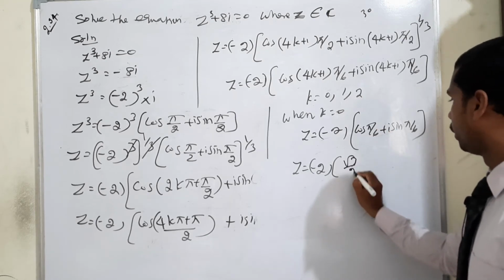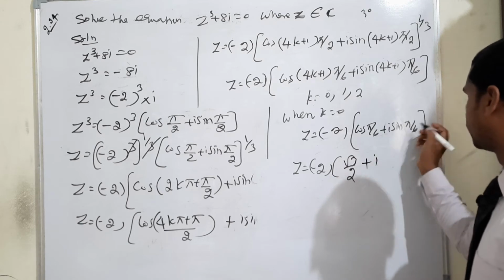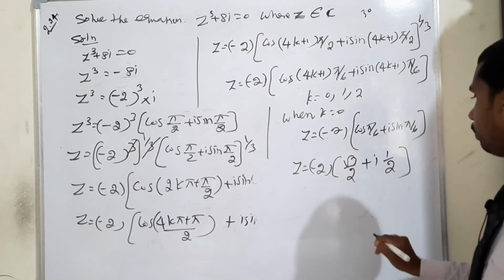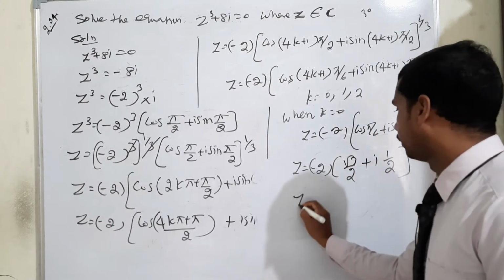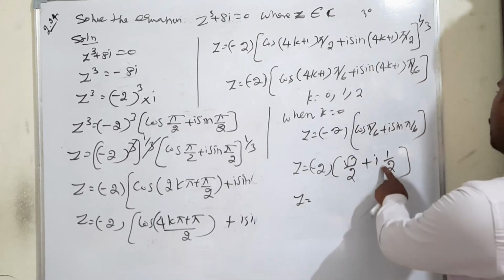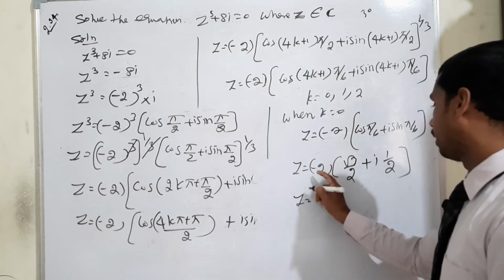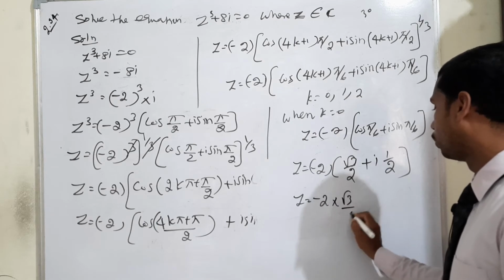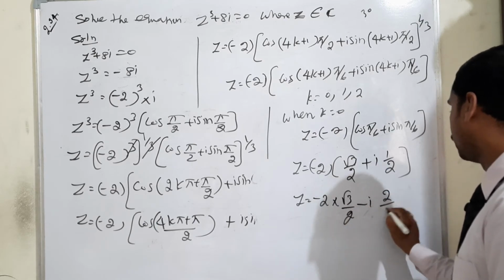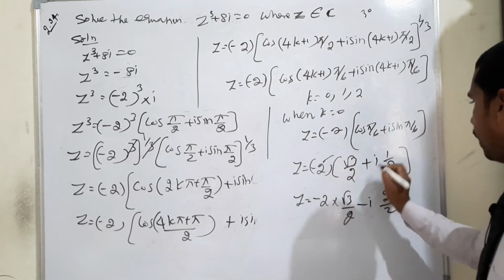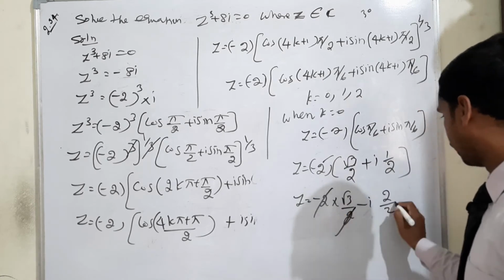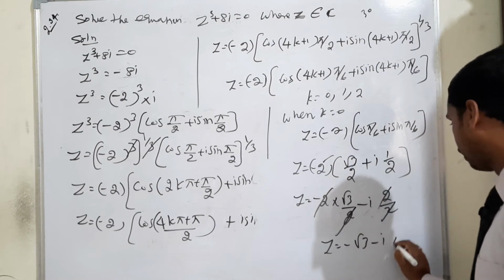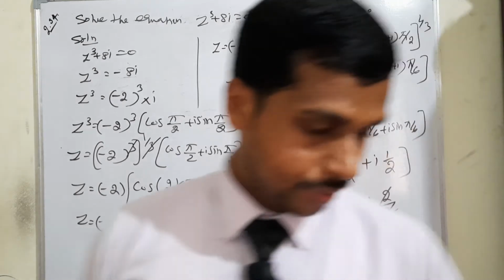Then plus i sin 30, which is 1 by 2. Cos 30 is root 3 by 2. Look at that, z is equal to minus 2 into root 3 by 2 plus i into 1 by 2. Now each and every term is multiplied by minus 2, so minus 2 into root 3 by 2, again minus i into 2 by 2. The 2s cancel, therefore z is equal to minus root 3 minus i. That is the first answer. Second one,